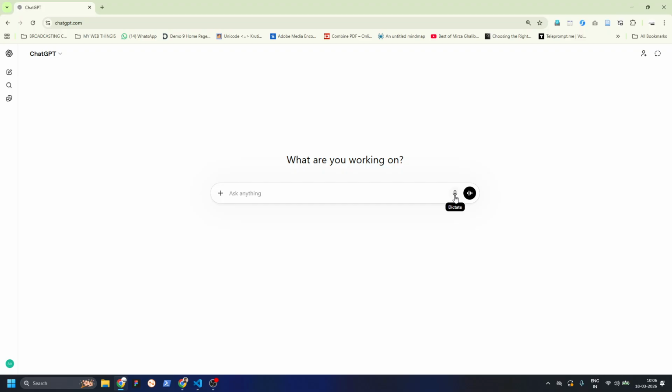Now, this is going to take into account many things based on the conversations I have had with ChatGPT earlier. In your case, your accounts may not have that information, so you have to explicitly provide that information. Okay, so I'm going to start writing the prompt. In fact, I'll just say the prompt: